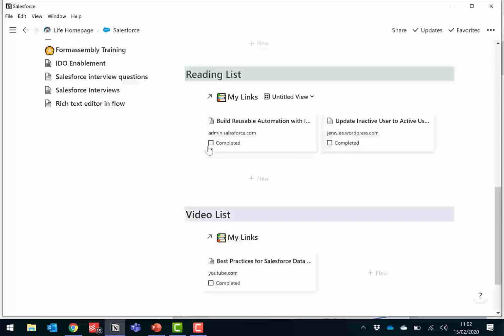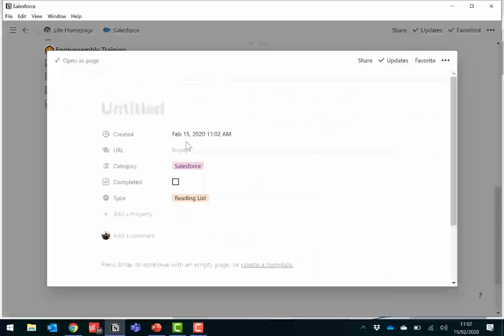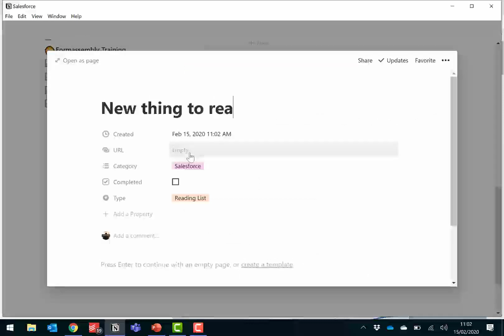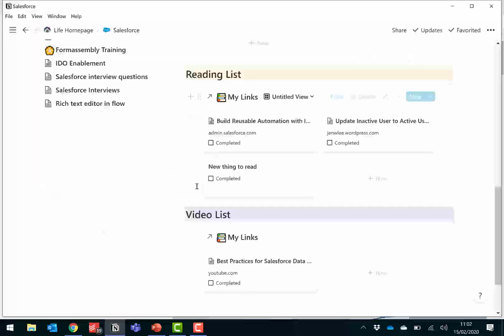If I click on any of these, it will take me to that particular section. Here, there's only two, because only these two records have been tagged with Salesforce. I can either use the Notion web clipper or click new thing to read, and it's already tagged with the category Salesforce and reading list. And there it is.